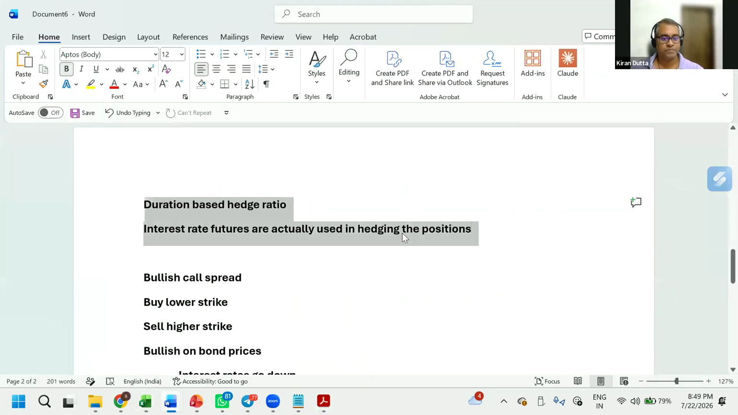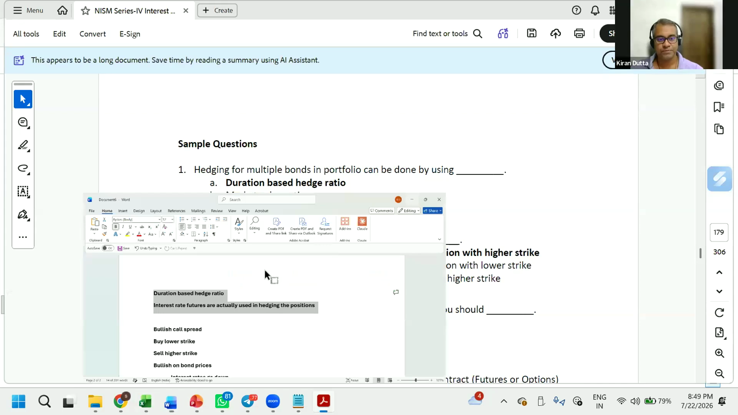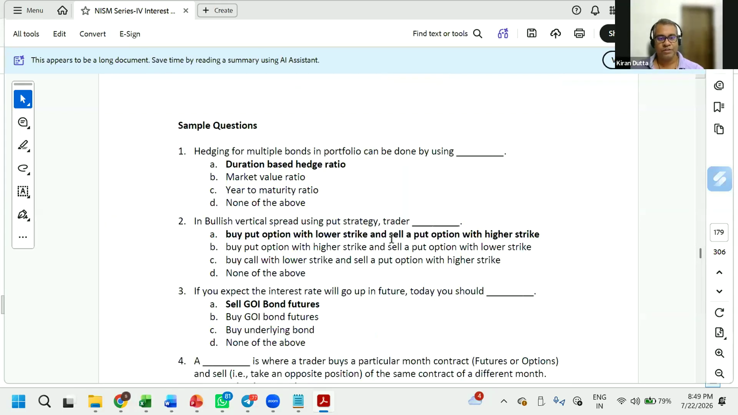See, interest rate futures are actually used in hedging the positions. Okay, it's called duration-based hedge ratio. Okay, bullish vertical spread using put strategy. What will you do? Don't look into the answer and tell me though. I can't hide the answers though, but